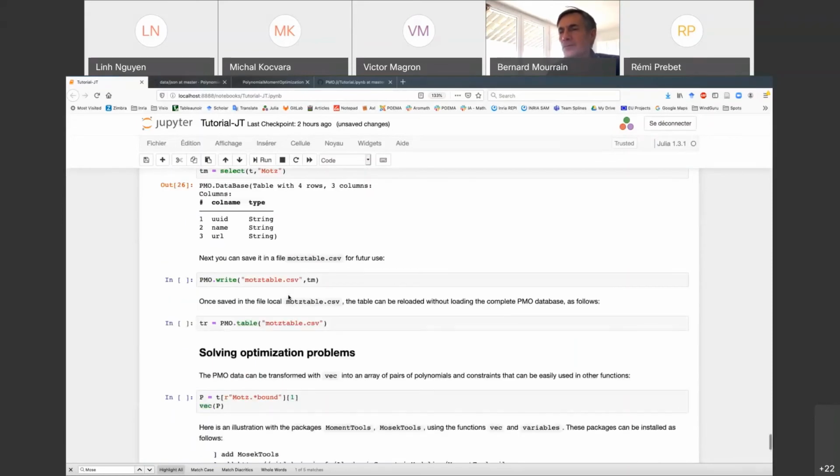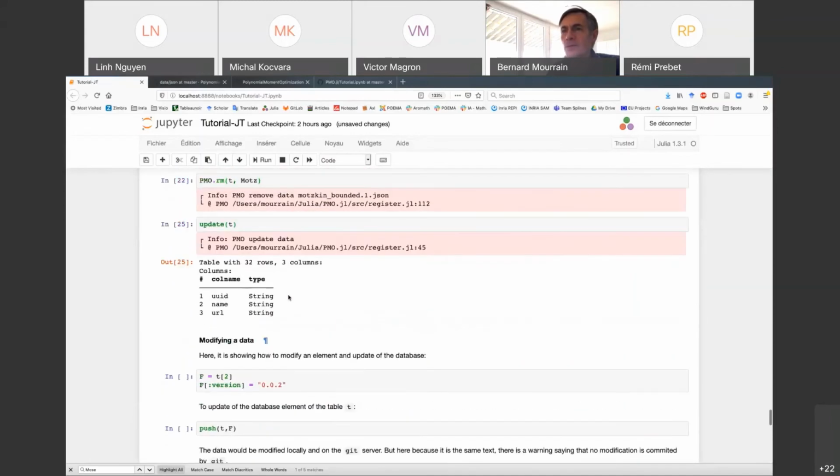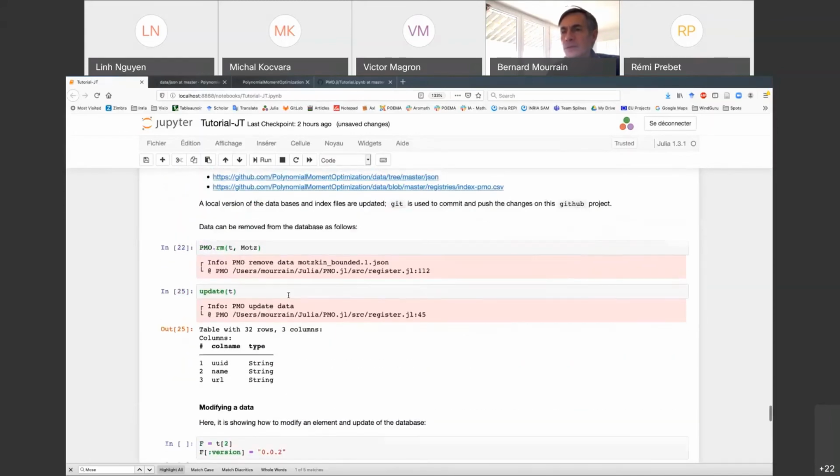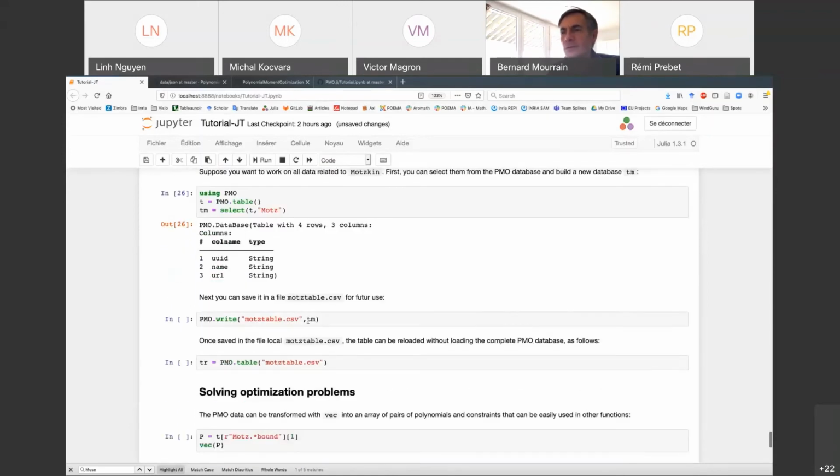So it could be good to store it. Where am I here? Yes, managing table. So I want to store it. So I will store it here in a file. So I will write this file new table.